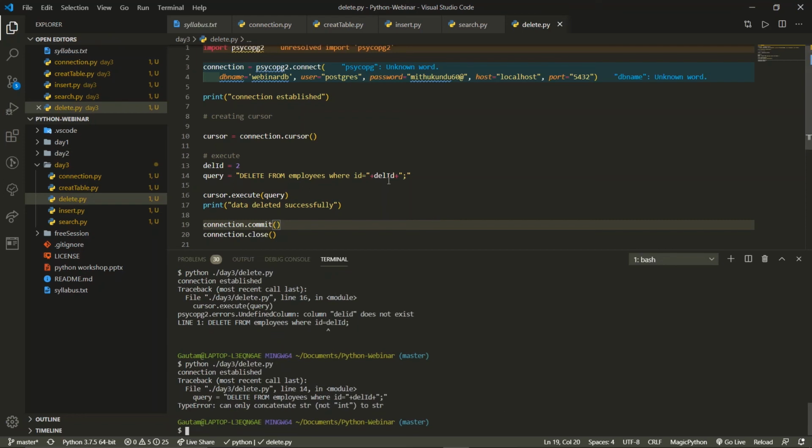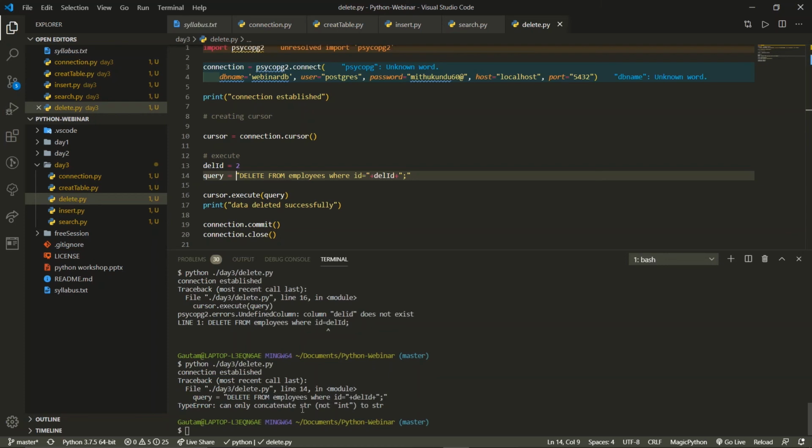Okay, one more thing we have not done over here. See, we are concatenating, so this becomes a string. This double quote makes you understand that this is a string and this is a string. But to write the code, the entire query should be in quotation marks.